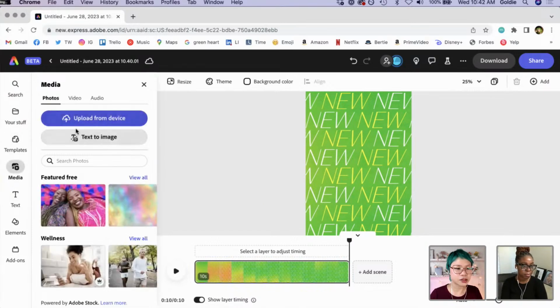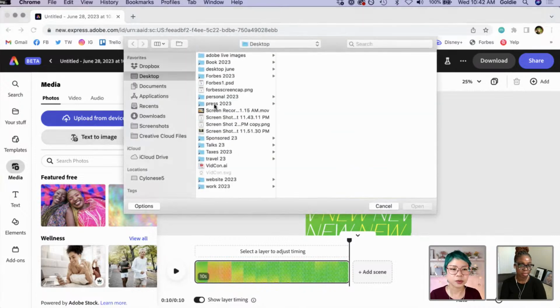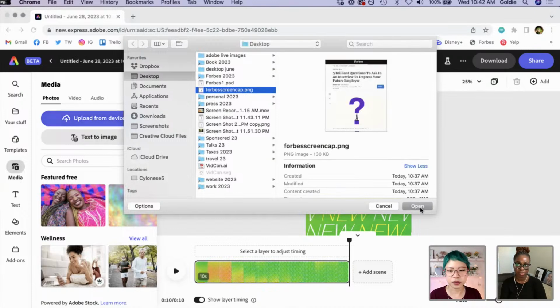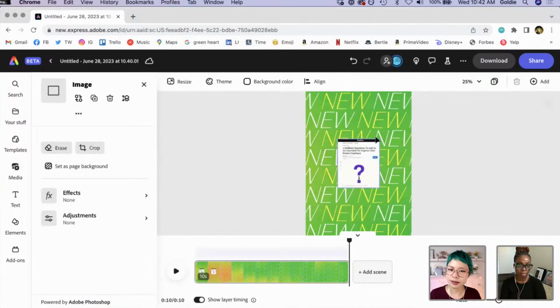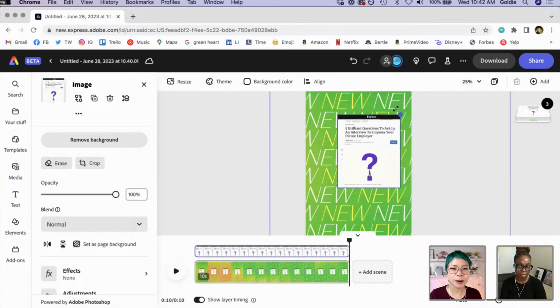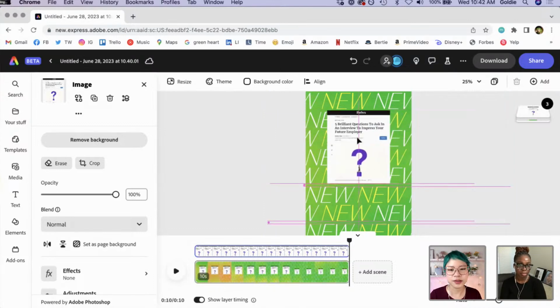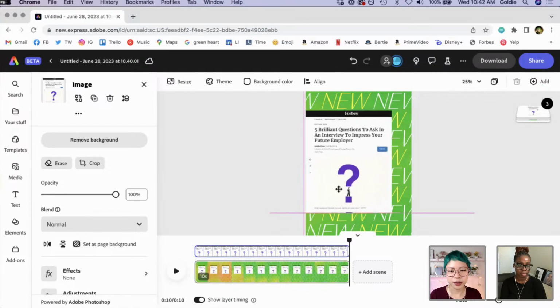an element. So the other way to do that is, first of all, we could drag and drop. But I've perfectly sized my Adobe Express for my screen, so I don't want to resize this and pull in a file. So I'm going to upload from device. And once again, we are going to pick out this screen cap we just did. That was the other way to do it. So multiple ways to do the same thing. I just wanted to show you so you can see just how easy this is.